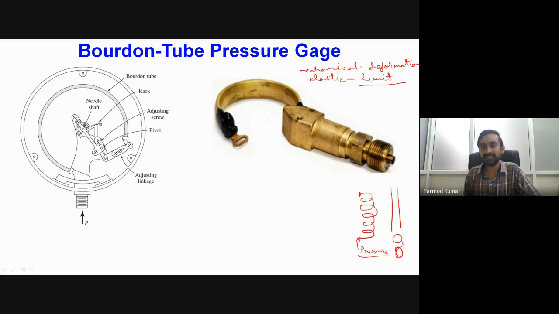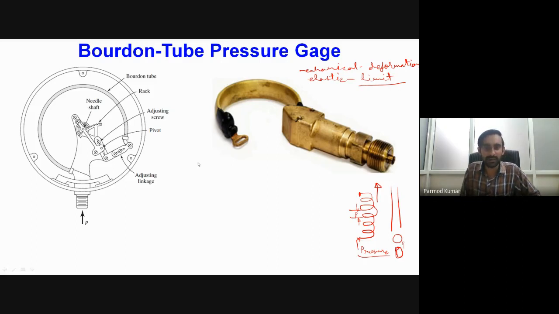Okay, and while the shape of the cross section changed, there was elongation of this coil structure. Okay, so it means these coils initially had a certain pitch, say P. So while they applied this pressure, the cross section also changed, and at the same point of time, the spacing between two consecutive coils also increased and the coil elongated. Okay, so that was actually the idea.